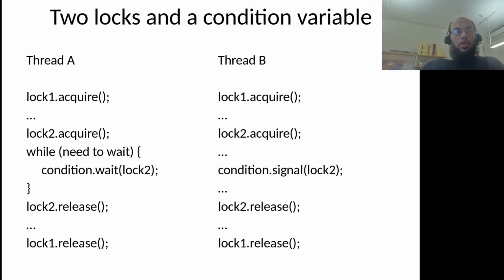It can happen if you have two locks and a condition variable. Thread A tries to acquire lock 1, thread B tries to acquire lock 1, thread A wins. Thread A acquires lock 2, thread B is still blocked, it cannot do anything, and thread A starts by checking on the condition variable, and it waits on lock 2. Okay, so it has acquired them in the correct order. You have lock 1 dot acquire, lock 2 dot acquire, it already acquired them,